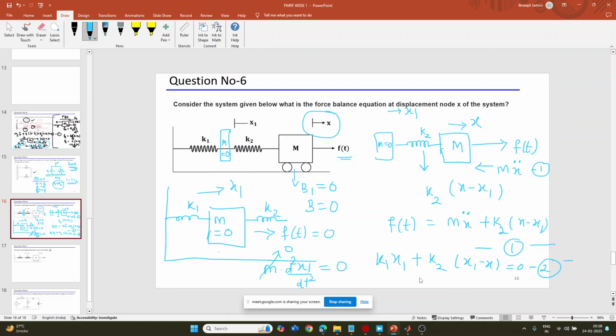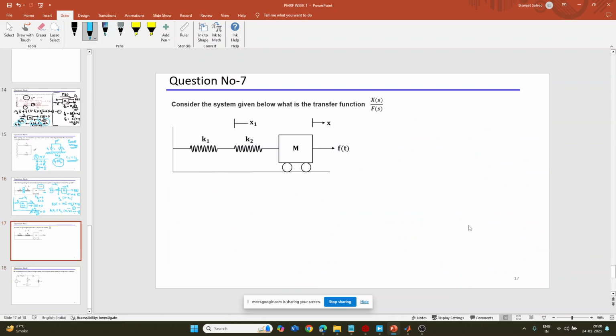The first equation is m x double dot plus k2 times (x minus x1) equal to, sorry, f of t. Convert into the Laplace domain. What is the Laplace domain? d square x by dt square is replaced by